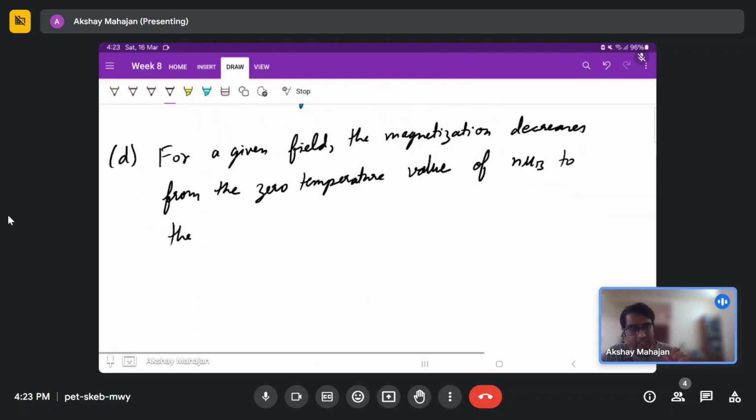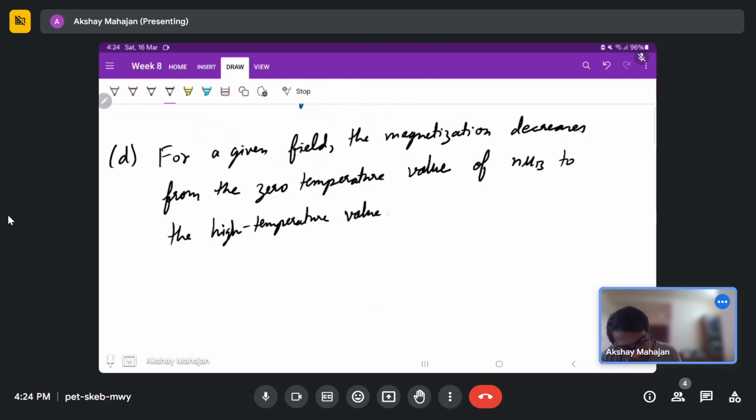That is just n times mu B. It decreases from the zero temperature value of n mu B to the high temperature value of 0. So at very high temperature it will tend to 0,